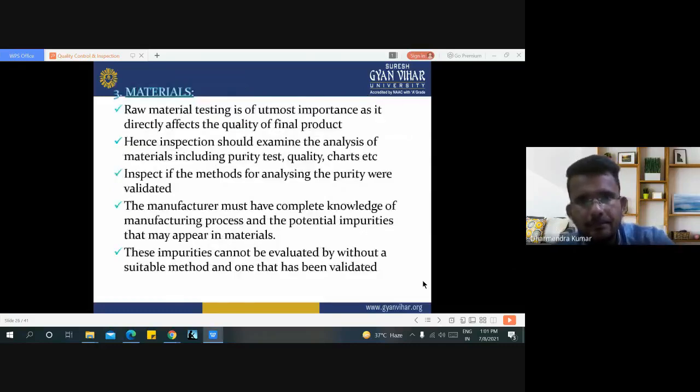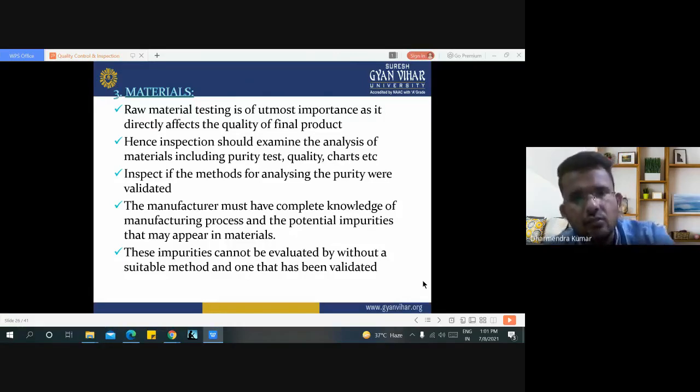Here are the material requirements or inspection of raw material requirements. This is the third M. Raw material testing is of utmost importance as it directly affects the quality of the final product, because our final product is finally made from raw material, and if the quality of raw material is poor, then surely it will result in bad quality finished goods also.